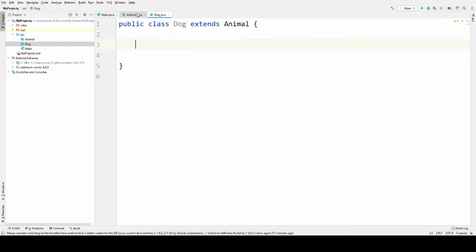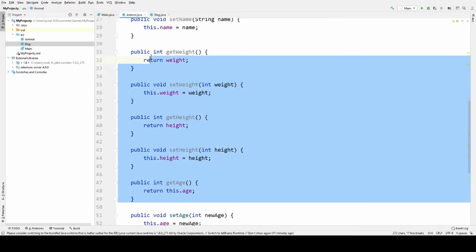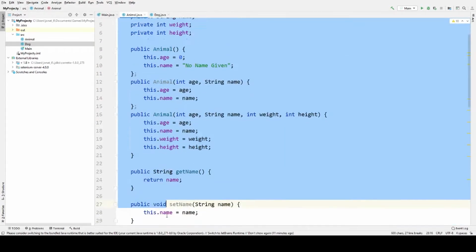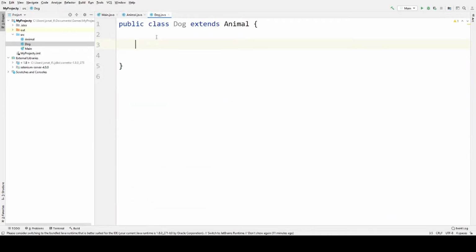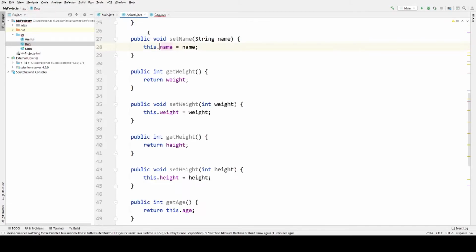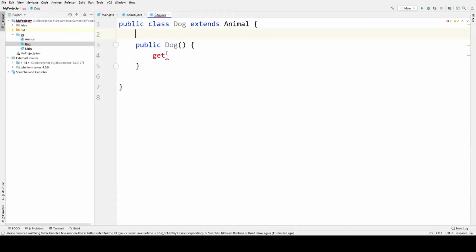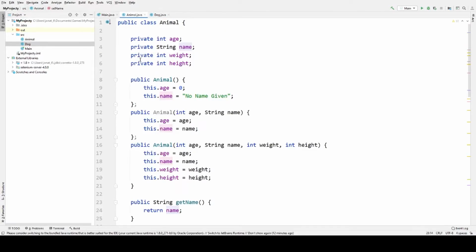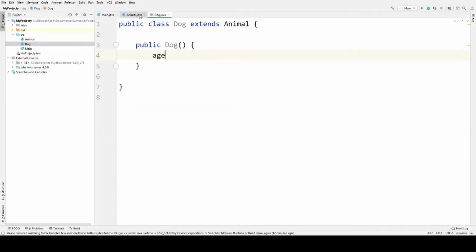After this, inheritance occurs, so it basically has all of these methods and variables, but we can't see them. If I were to create a new constructor, I could still access get age, get height, get name, get weight because they're still a part of the animal class. But notice how I cannot access weight, name, age, height directly. It's because this is private. So I must use the